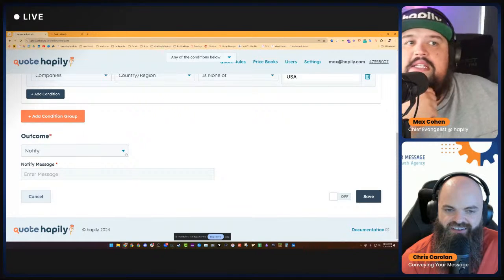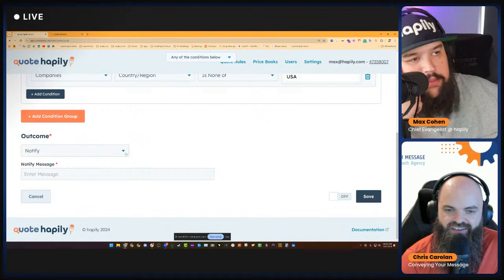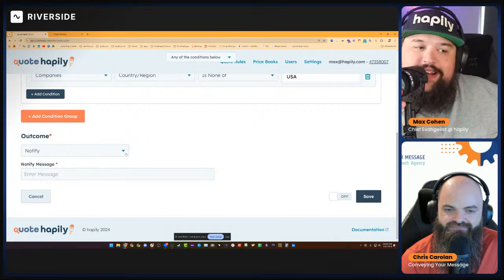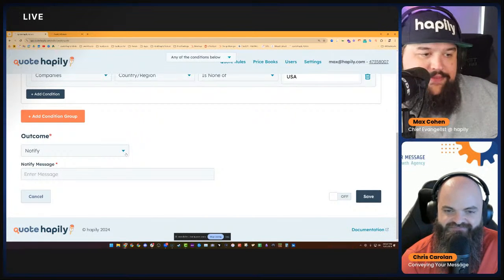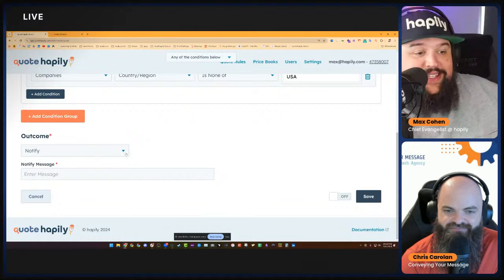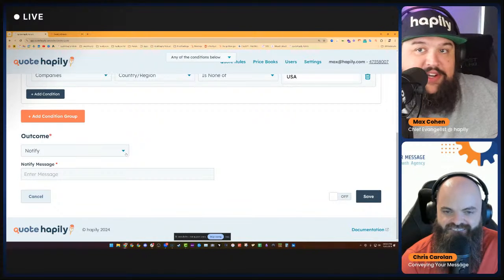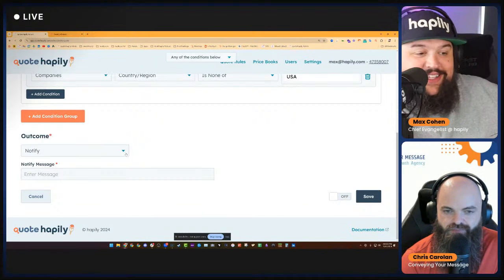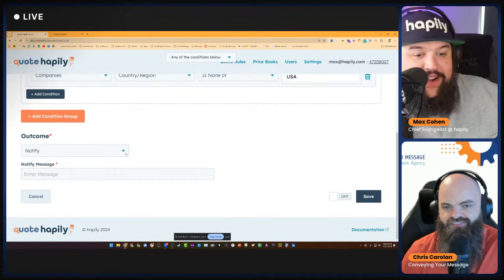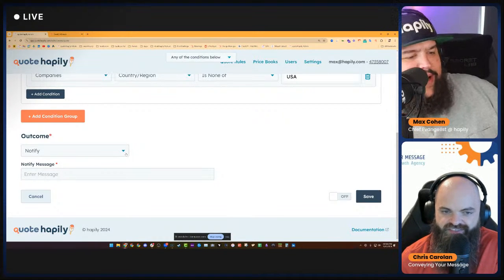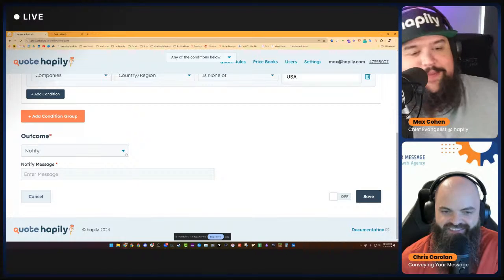Another really cool use case of this is how a lot of ERP integrations will send over inventory data onto product objects. Since all that writes to the line item for whatever the current state of it is, you could literally build notifications that say if the quantity level of a line item is below a certain threshold, pop up a notification to either block them from making the quote or saying, hey, maybe call the warehouse before you quote this.